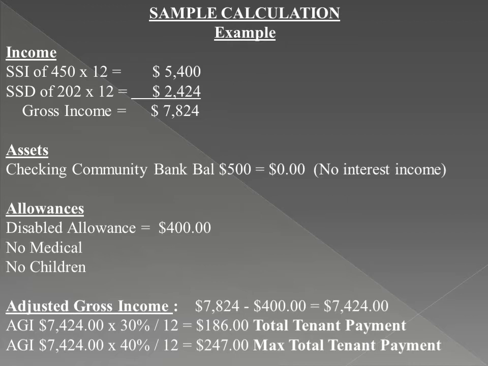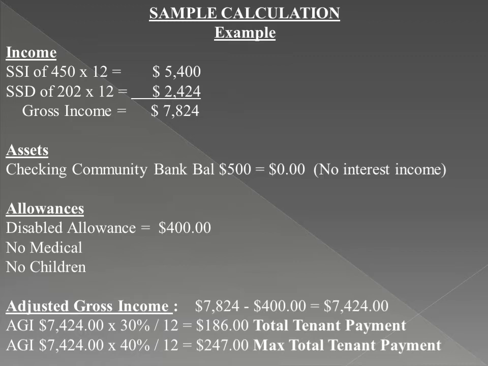As you can see in this example, we take the monthly SSI and SSD incomes and multiply each by 12 to obtain an annual total. After adding both income sources together, we arrive at the gross annual income of $7,824. From there, we add in any interest income from assets over $5,000. This household's bank account value is well under the allowable limit, and therefore we are not counting any interest income in relation to this bank account. The current annual gross income is